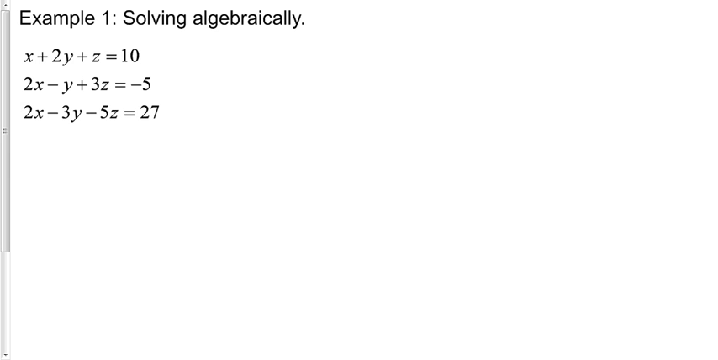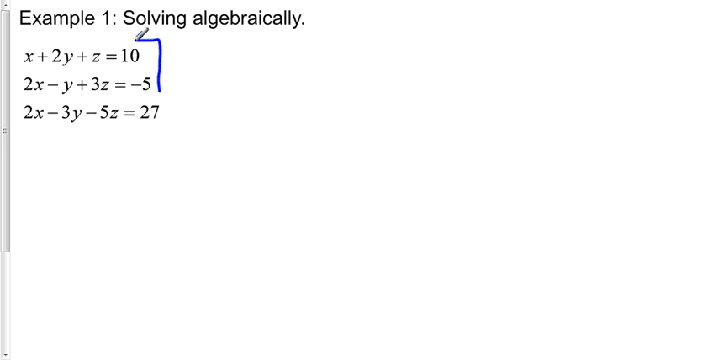Okay, so here's the first example. This is a system of three equations with three variables, x, y, and z. I need to find the value of each one and then write my answer as an ordered triple. What you're going to want to do here is work with only two equations at a time and eliminate the same variable twice. Okay, so to start, what I'm going to do is work with just the top two equations,